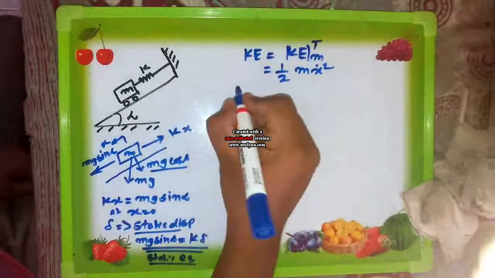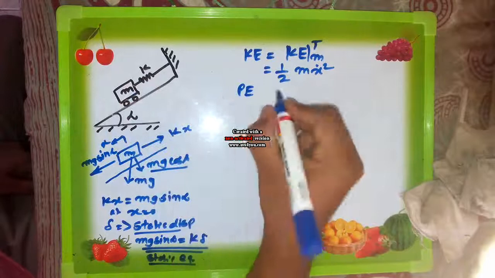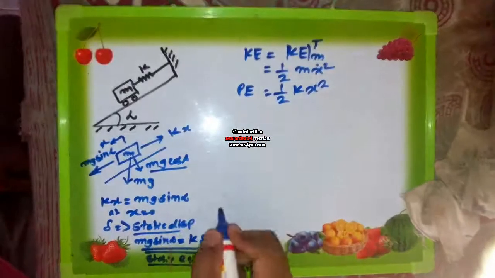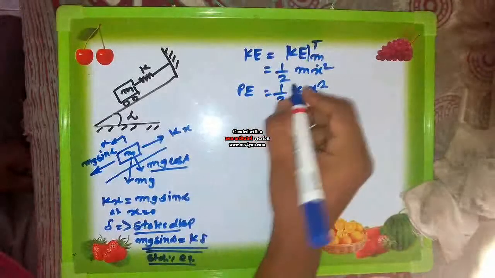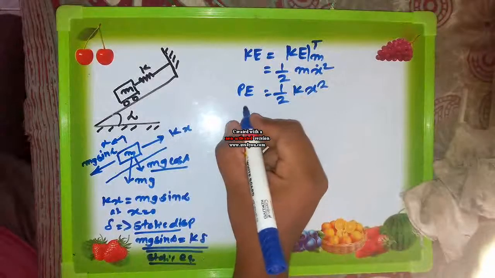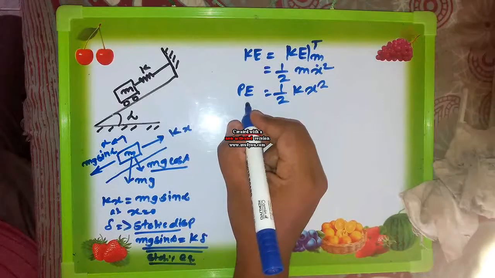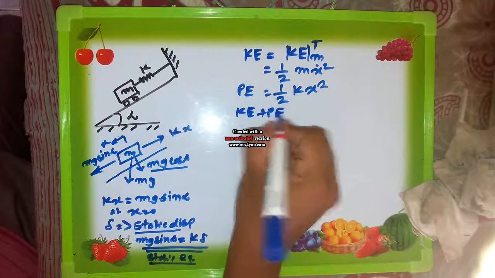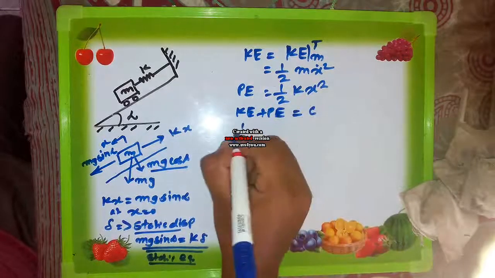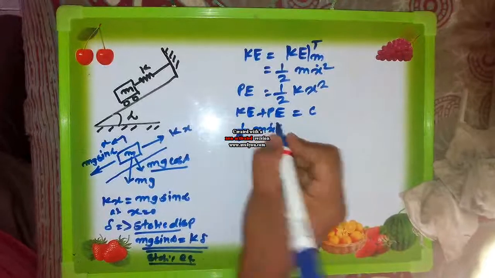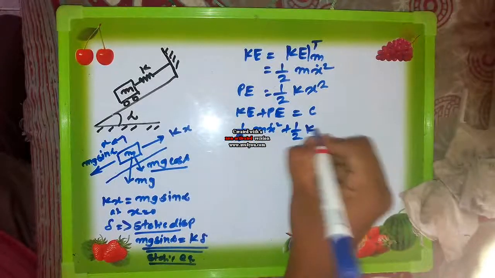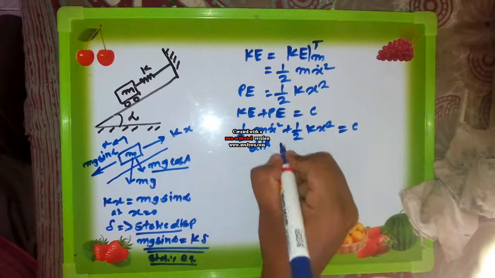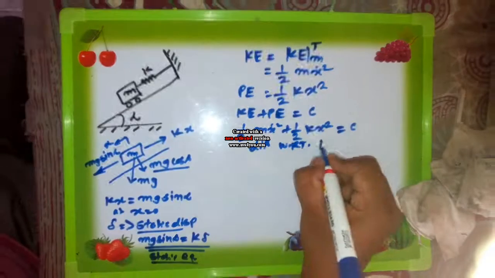Okay, let it be a potential energy. So only one spring is there, so can I write down it will be 1/2 into this k into x squared. Same displacement is there. So if you apply the energy method, then what do I have to write down? So net KE plus potential energy is equal to constant. So 1/2 into this m into x dot squared plus 1/2 into this k x squared is equal to constant. Again differentiate it with respect to time t.